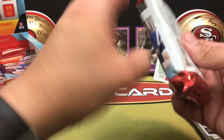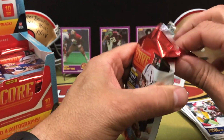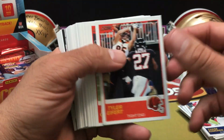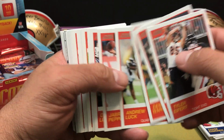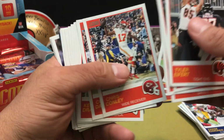All right, so Pack 2, we'll pick it up. Still skirt through the base, but we'll do it quicker than what we just did, or this video will be a 45-minute video. So our base set, Tyler Eifert, Kiki QT, Denzel Ward, Andrew Luck, Jabril Peppers, Darius Leonard, Chris